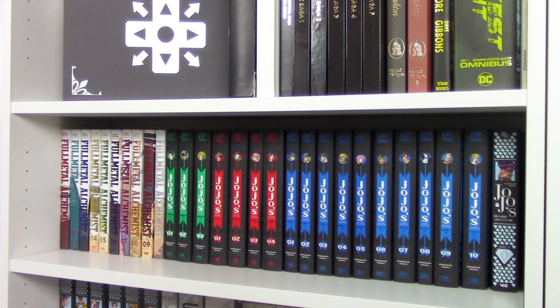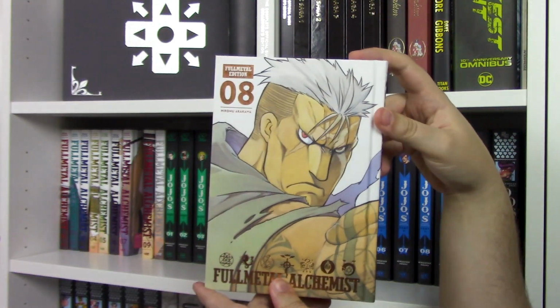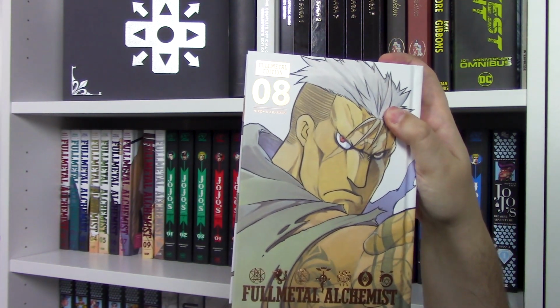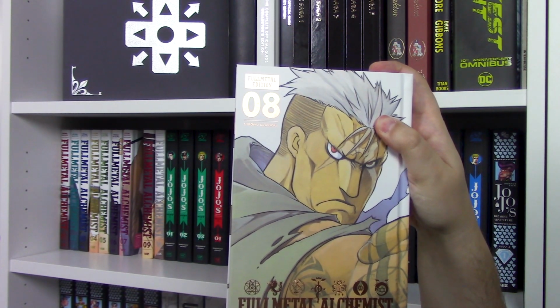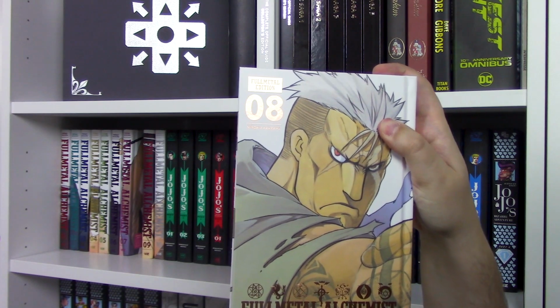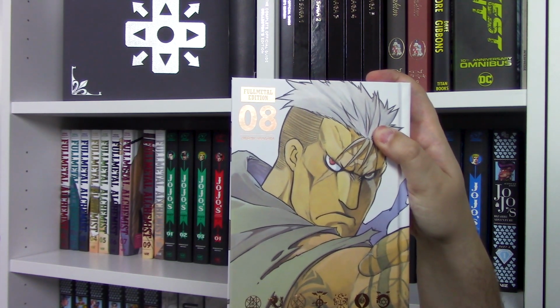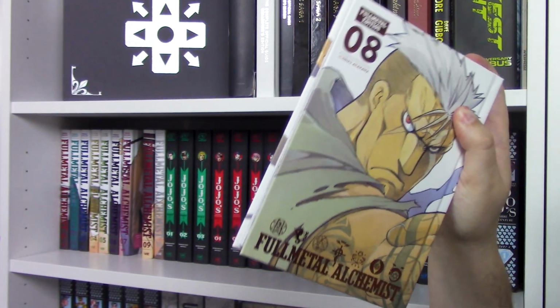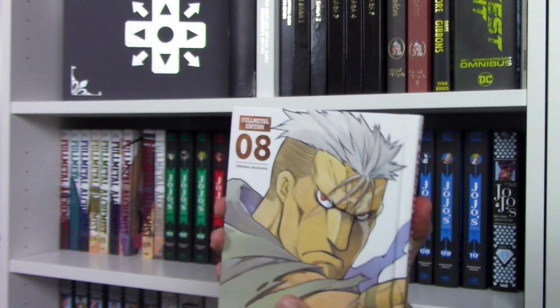Another reason that this series is very dear to my heart is if I'm gonna take this volume right here. This is Scar from the series. In case you don't know the series, I'm not gonna go too much into what this series is about, except that it is awesome. It is fantastic. If you like manga, read it right now. You will not regret it. But this character right here,